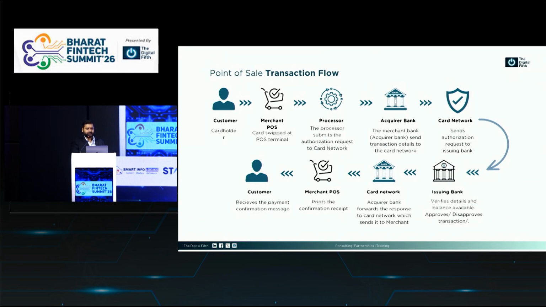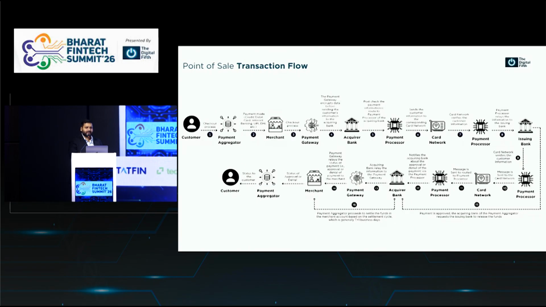From the transaction flow perspective, when a customer reaches the merchant, they use the payment gateway to connect to the acquirer bank. The acquirer bank is the bank at the back of the merchant or the payment aggregator. They enable the particular merchant to be on the network and to carry out the transaction. These are the banks that typically handle all the cash flow for the merchant.